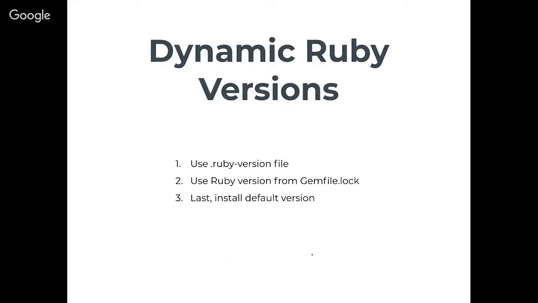Like on Heroku, they recommend that you put your Ruby version in your Gemfile. You have to run bundler, so it updates your Gemfile.lock, and it's also written out inside the lock file. So I look there, and that makes the Ruby version in your Gemfile.lock the secondary one if we didn't have the first one. And then lastly, if neither one of those were present, we'll just default and install the latest version of Ruby,